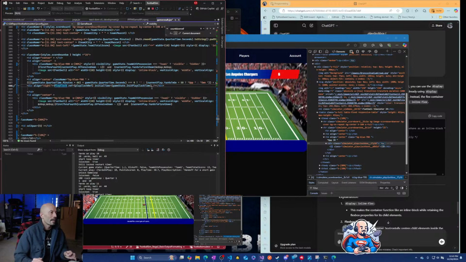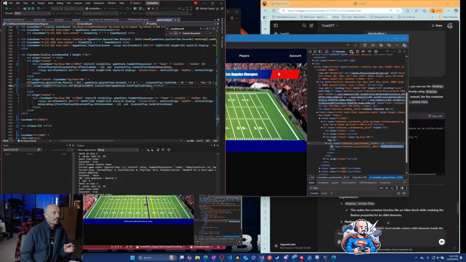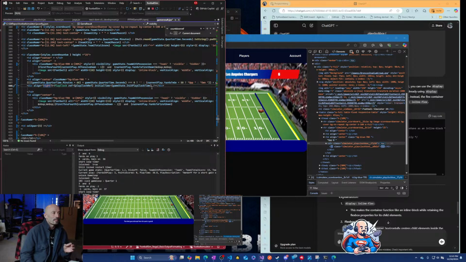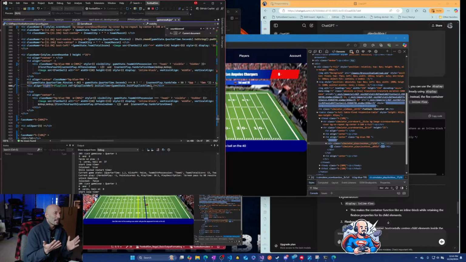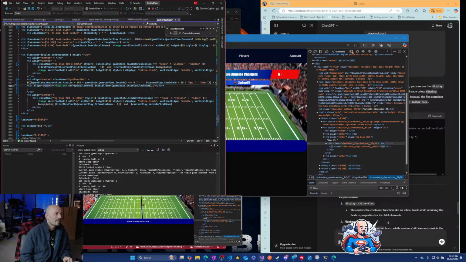So he's going to align everything that's inside of it to the right of it. But I need to have this have a width that's big enough to actually push it over. Because if it's just the same size, right of the same size isn't going to matter. So if I want this to be pushed over, I'm going to have to say, like,